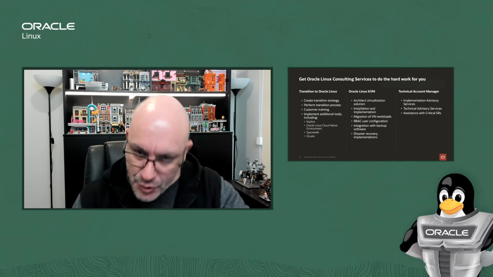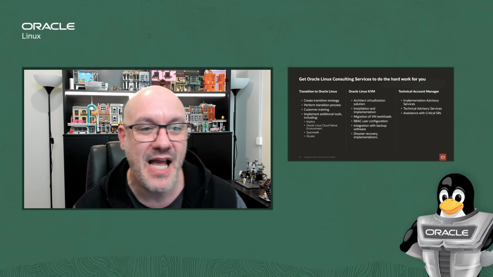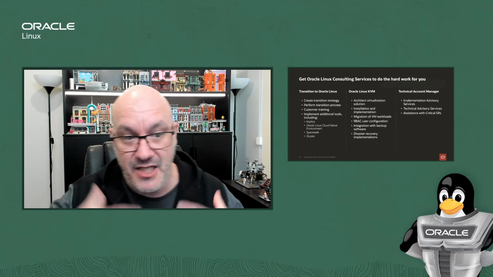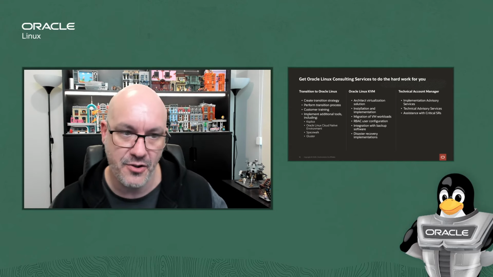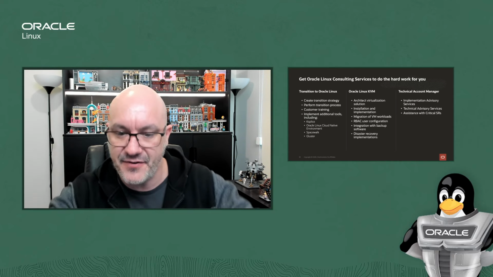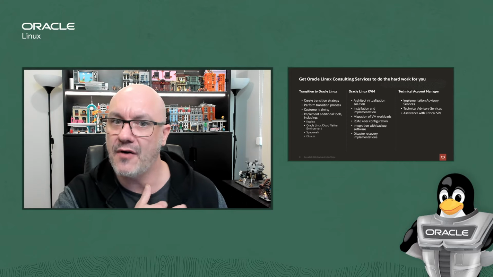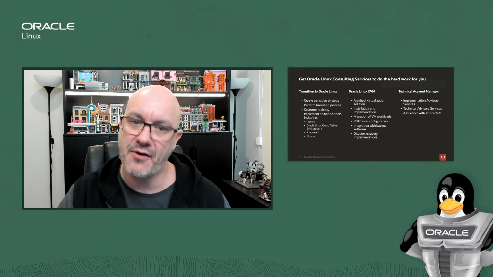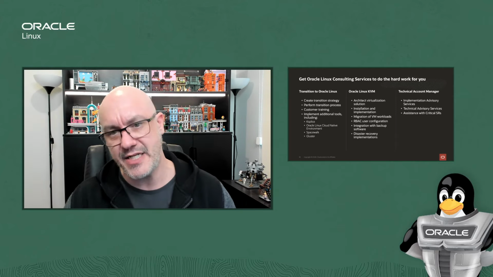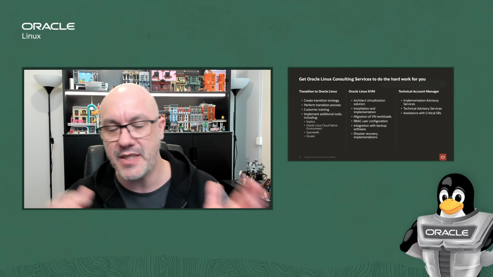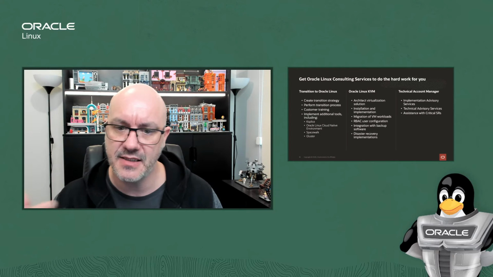Finally, if that was too much work for you and you feel like, I'm sorry, I can't do that much work, I need something else, we have Oracle Linux Consulting Services. We can actually do all of that hard work for you. Part of that includes creating a transition strategy, inventorying your existing environment, working out the number of different instances you've got, working out what we're going to migrate from, how we're going to migrate, what existing contracts may be in place, what we need to replace, for example, how we deploy Ksplice, how we implement things like Cloud Native Environment to replace components like OpenShift,